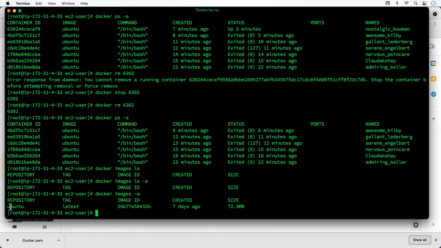You can see I have the Ubuntu image locally, and we can also download the CentOS image. Let's download it and then check the Docker images locally. Docker run centos.